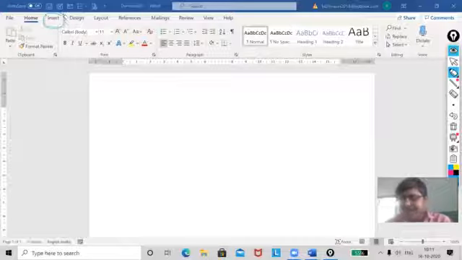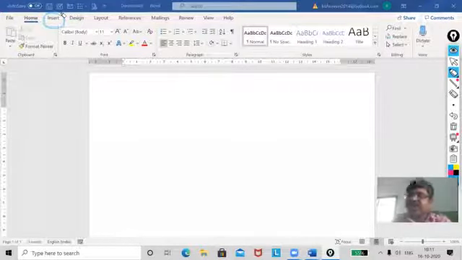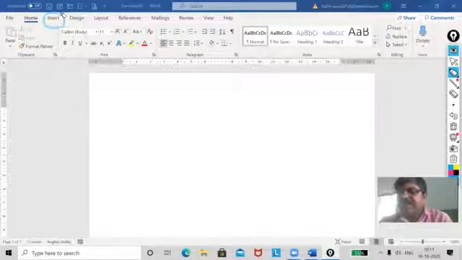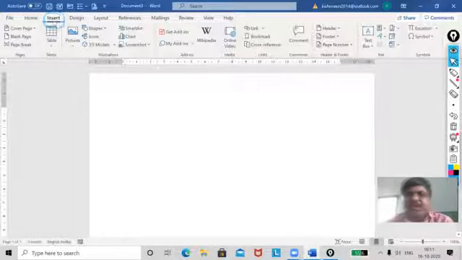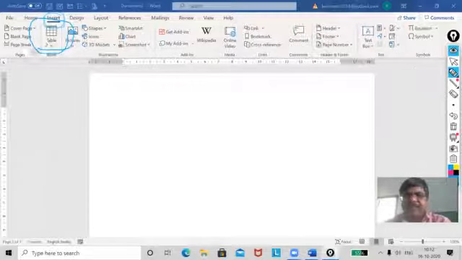Insert tab, because insert tab contains the table. So I will click on insert. As I click on insert, I will be getting the table. You can see it is showing table. This is what I am going to work with.